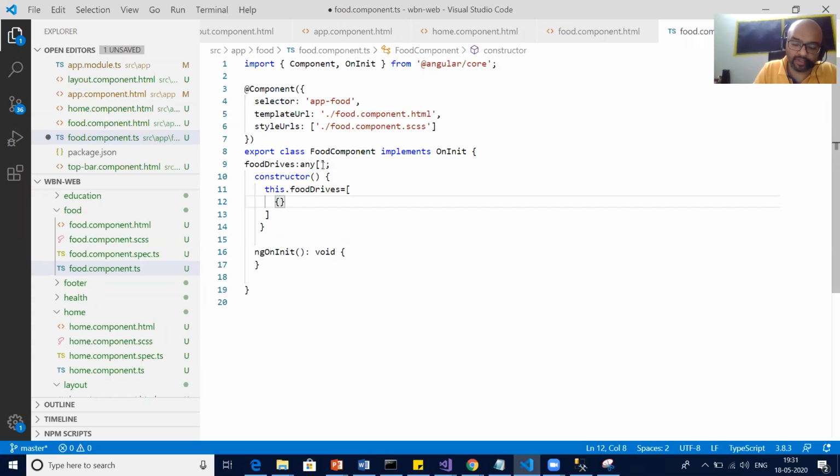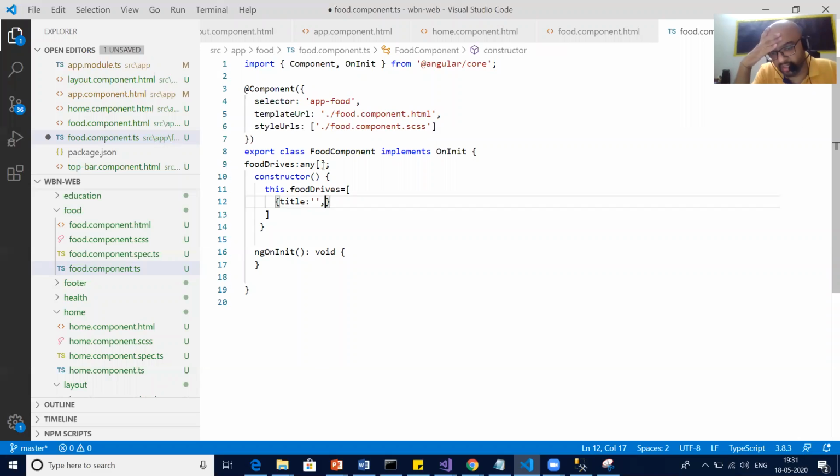So say, hold on, 1 second. ID will come. Okay, then the name of the drive, so I say name is the name of the drive, or drive name, or title, the best is a title property. Same thing we need to take in the DB also, correct? So a title property, some title of your drive.